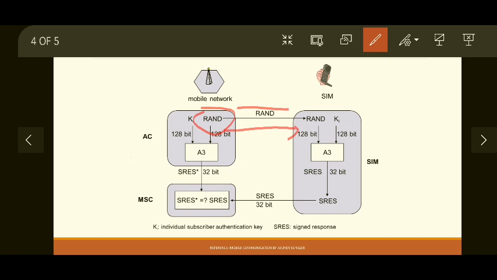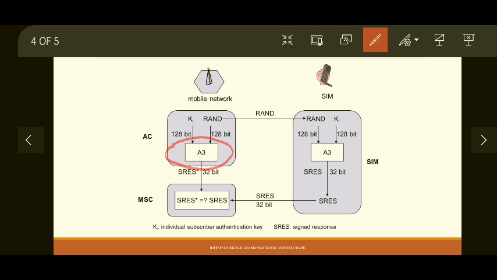The SIM card knows its own authentication key, which is available with it, and the network knows the authentication key from the list which is provided during registration. Now both these numbers, that is KI, the authentication key, and the random number, are given as input to the A3 algorithm. The actual algorithm we are not going to discuss, we just see how the challenge response method works.